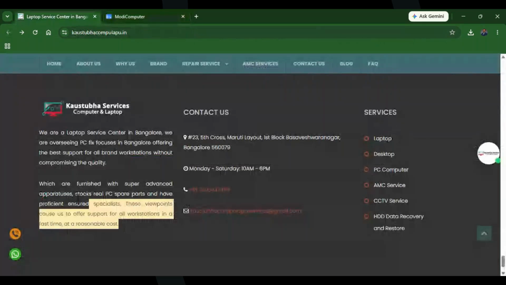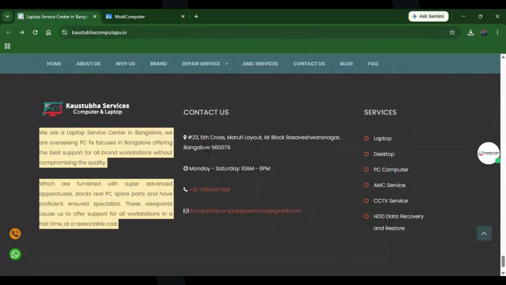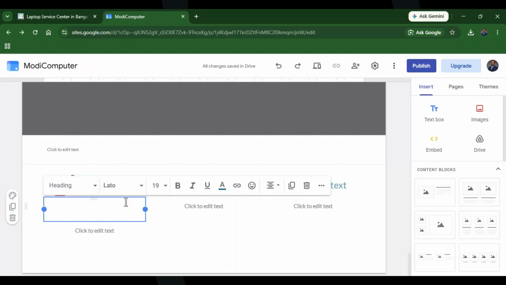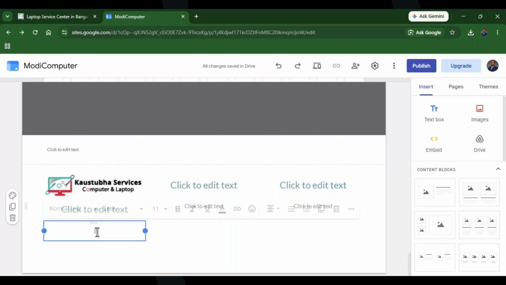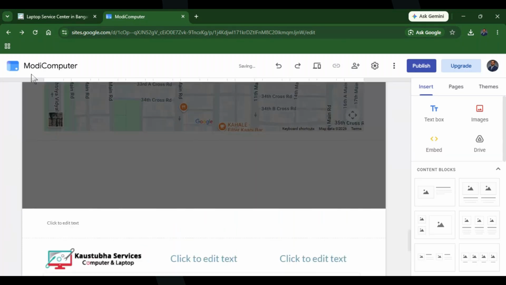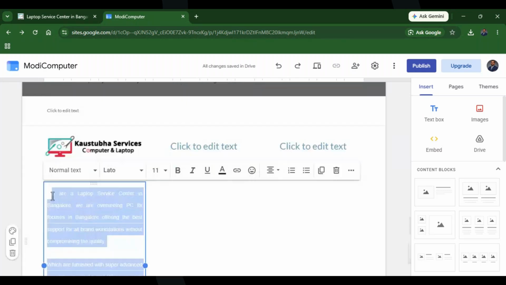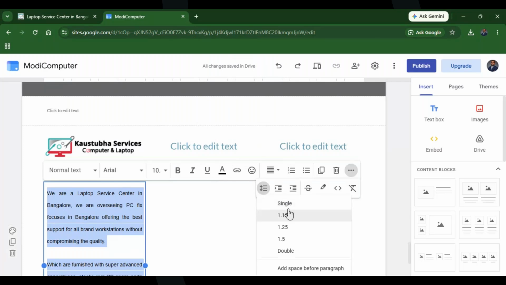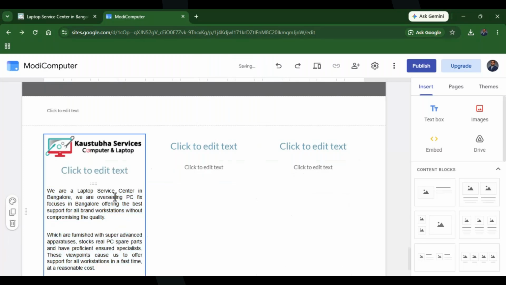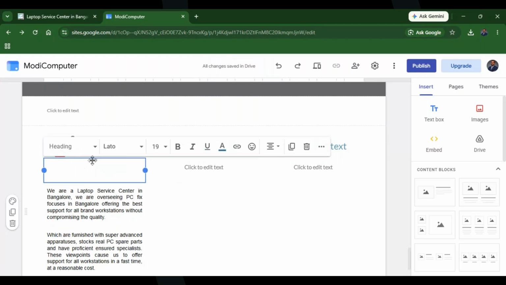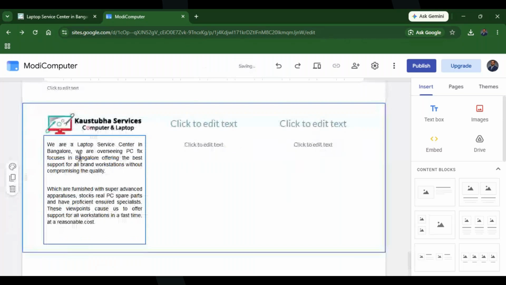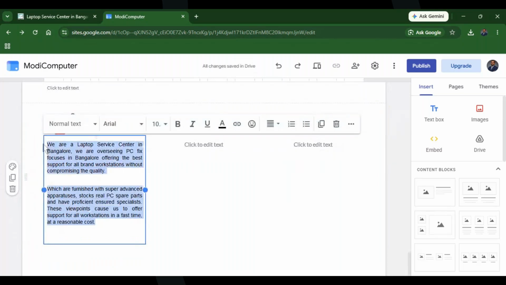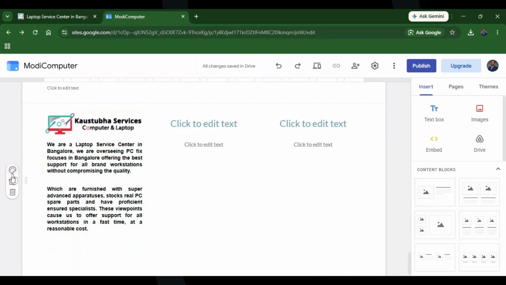Then I'll copy this text, delete again, place the content, select the entire text block, and reduce the line space. Delete this, make this bold,